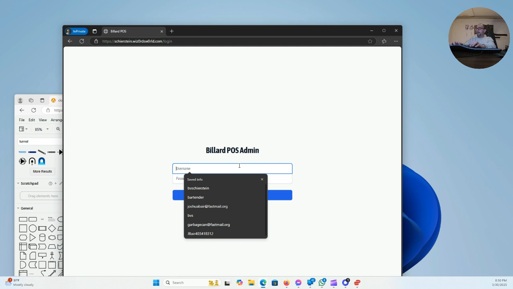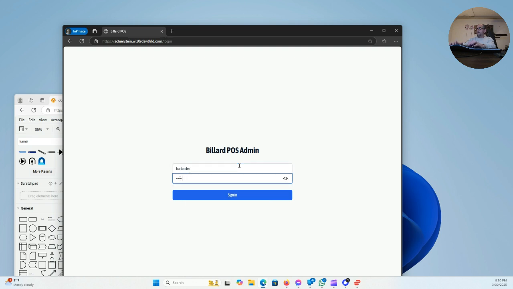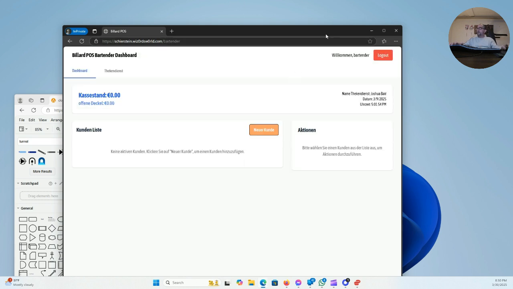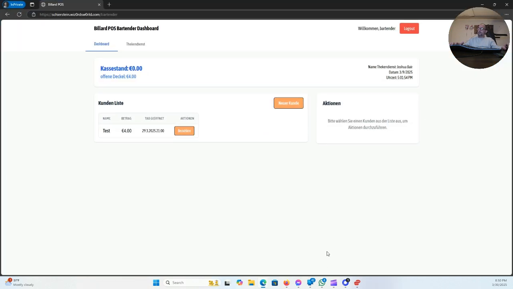Now we are back at the sketchy web server, but we are now protected by two-factor authentication, and that's how Cloudflare tunnels with two-factor authentication can